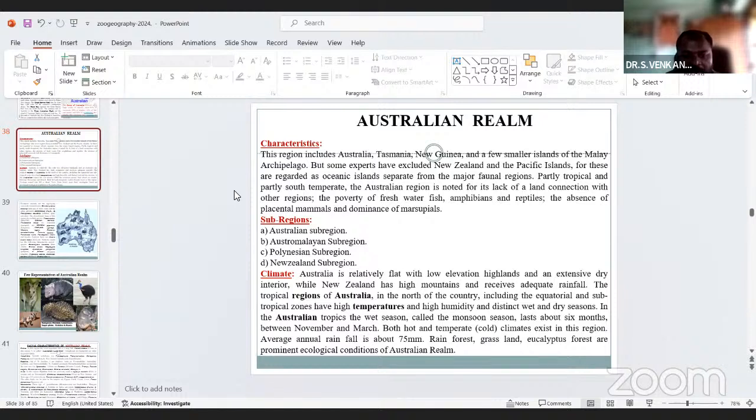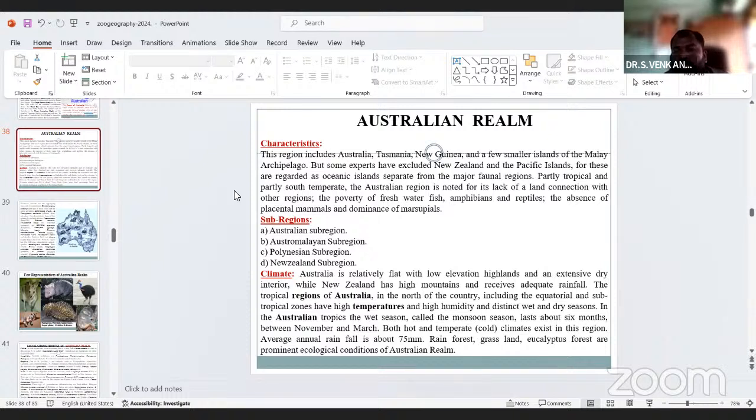The average annual rainfall is about 75 millimeters only. Rainforest, grassland, and eucalyptus forest are permanent ecological conditions in Australian regions and realms. So these areas have growth of grassland and eucalyptus forest as permanent ecological conditions in the Australian realm.